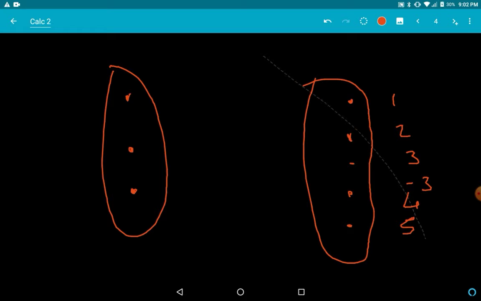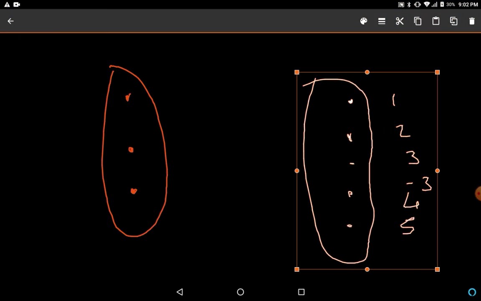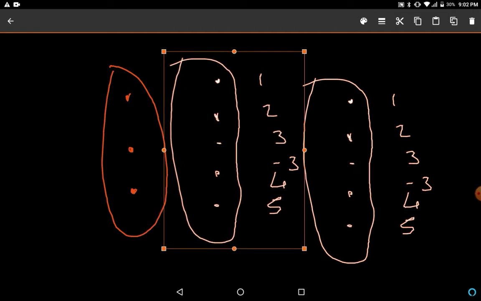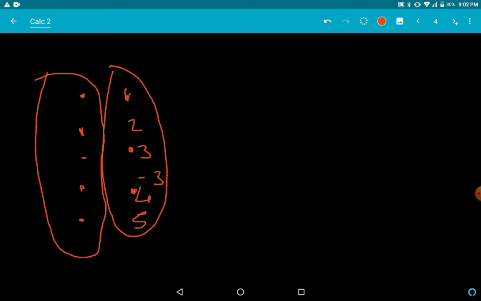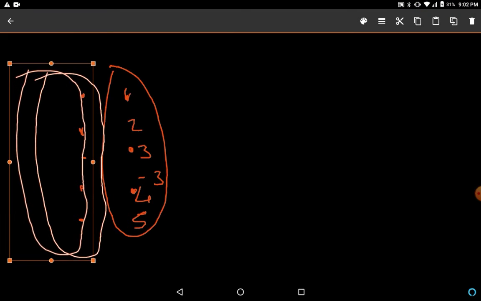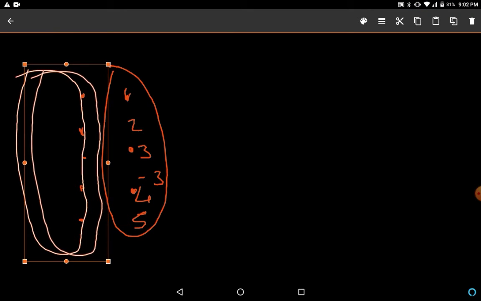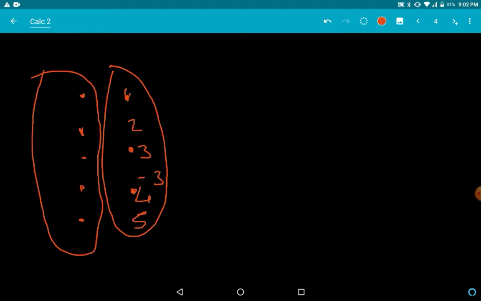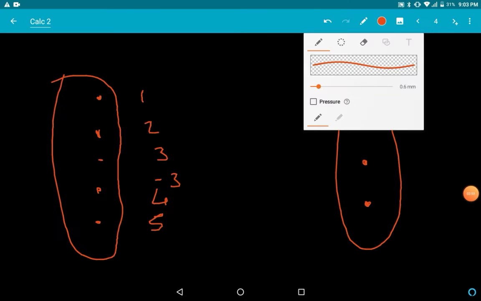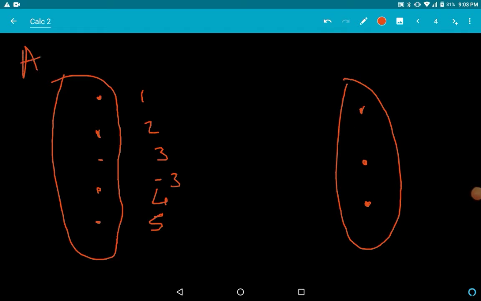Now just let me copy all this and bring it just over here. I am taking a pause and trying to do it. Now let's come back. This is A and this is B. This has 4, 9, 16. So you know what? 2 maps to 4.